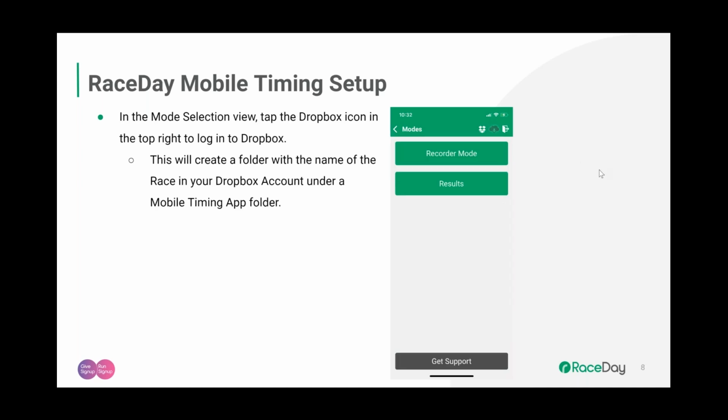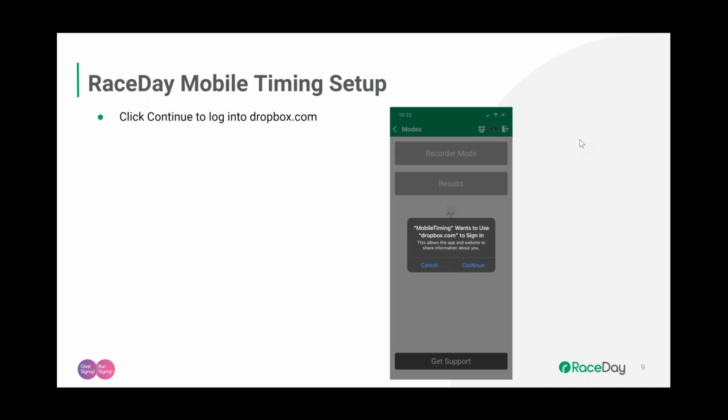So once you get in, it's going to ask, do you want to go into recorder mode or results? Well, at this point, you actually pause because you need to hit the Dropbox icon, which is right here. You'll hit the Dropbox icon in the top right, and this will create a folder with the name of the race in your Dropbox account under a mobile timing app folder. We'll talk about the folder structure here in a second, but you will click this little Dropbox icon, and it